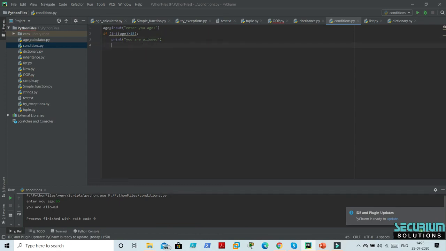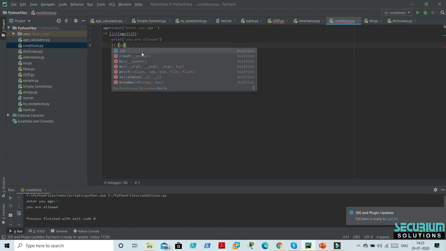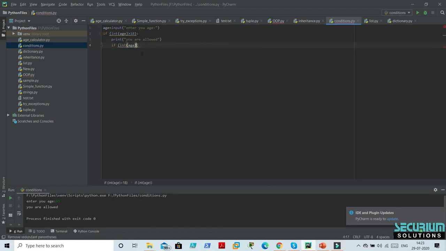Okay, I'm just going to add another if the input age is less than 45, then it will reply print you are a middle-aged person. Okay, otherwise it will return else,